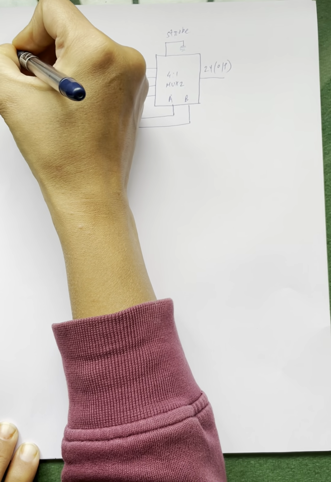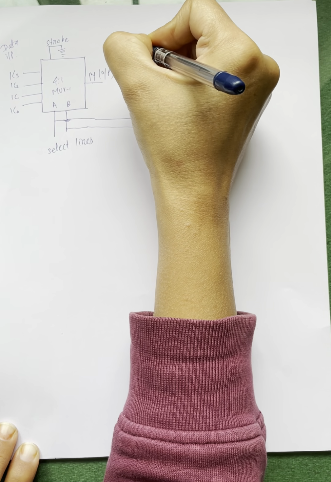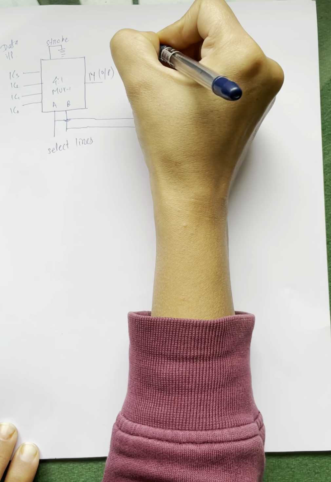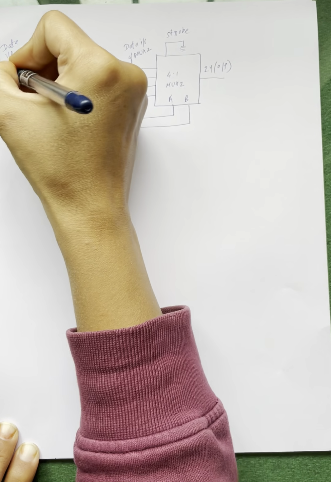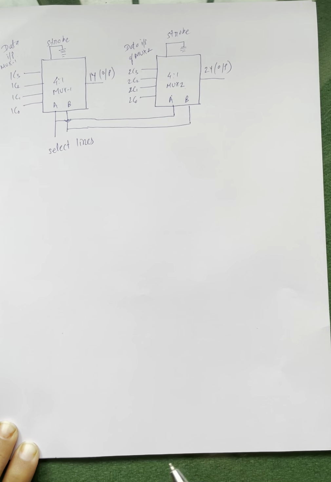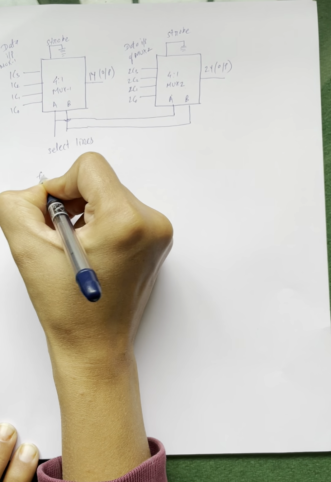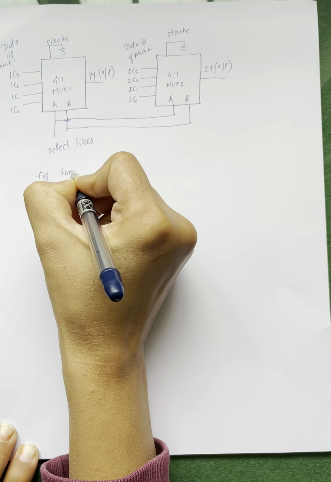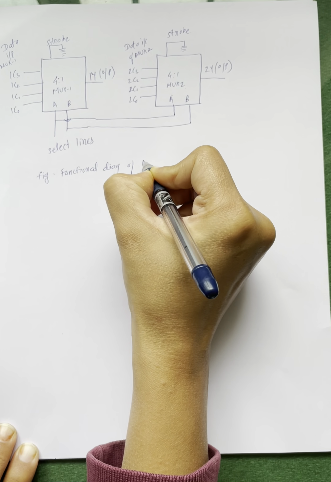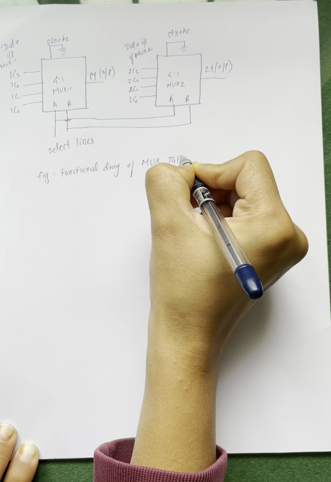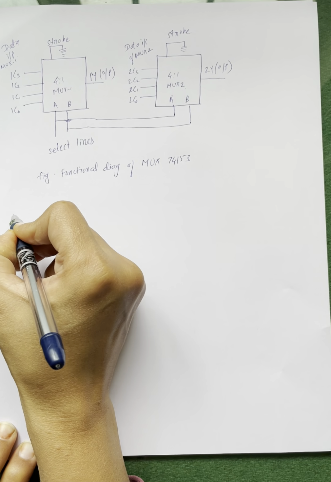So simply this is the data input of MUX 1, this is the data input of MUX 2. So this is the functional diagram of the 74153 multiplexer. Now I'll just draw the functional table